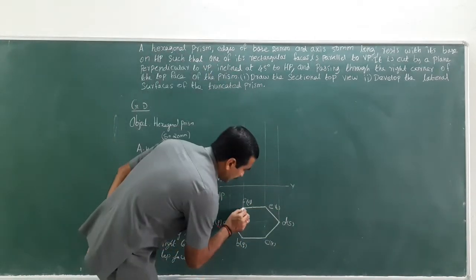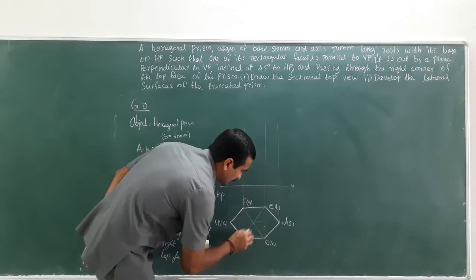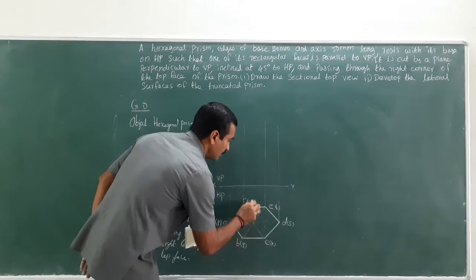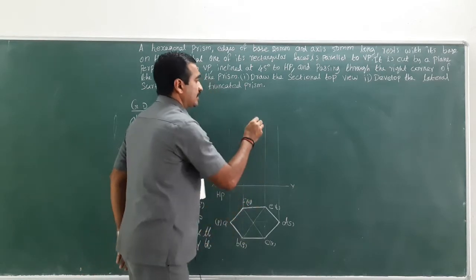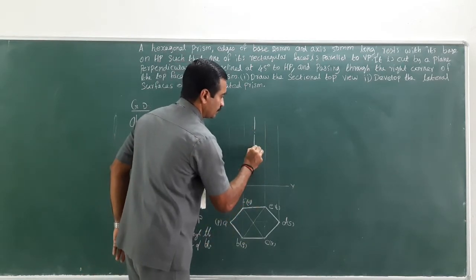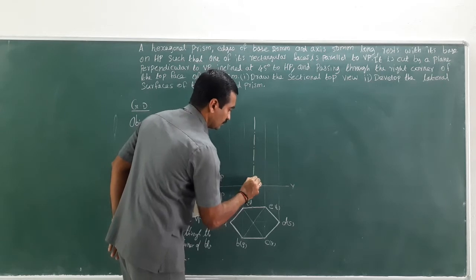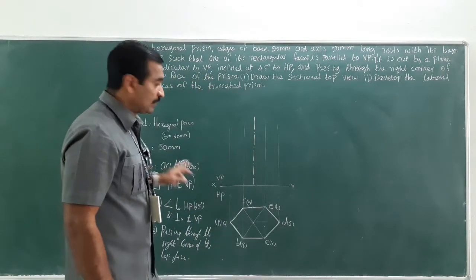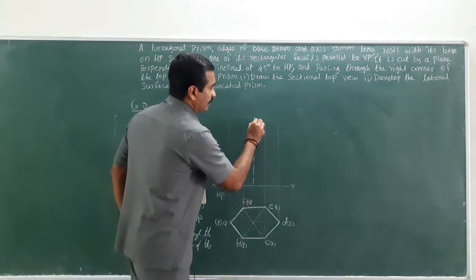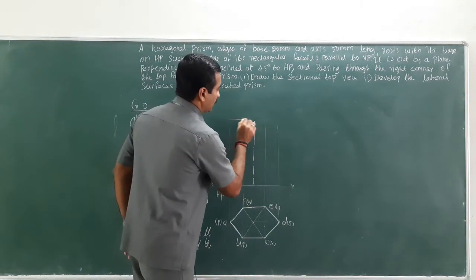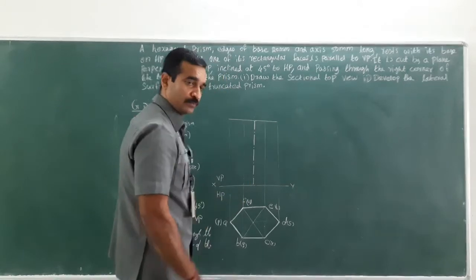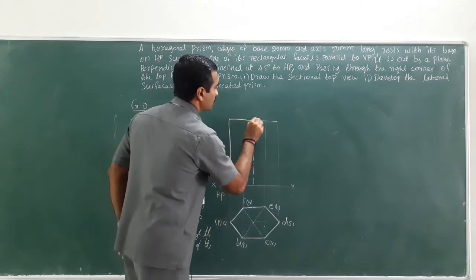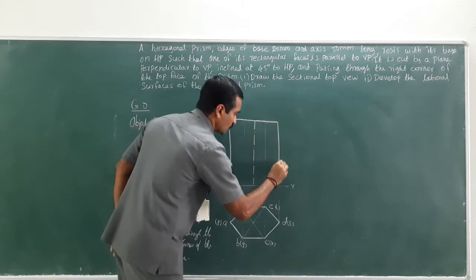So for the center, that is in order to draw the axis, connect all these diagonals, both the diagonals. Now I got an intersection point which is nothing but the axis. Now the axis is 50 mm. From the XY line, take 50 mm and cut an arc and close the boundary. So now just close it. Close the boundary. The boundary is always visible.